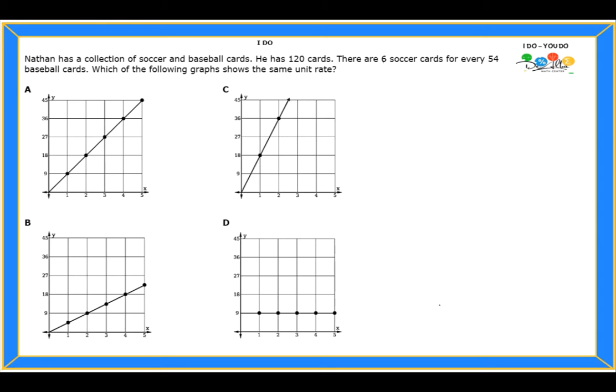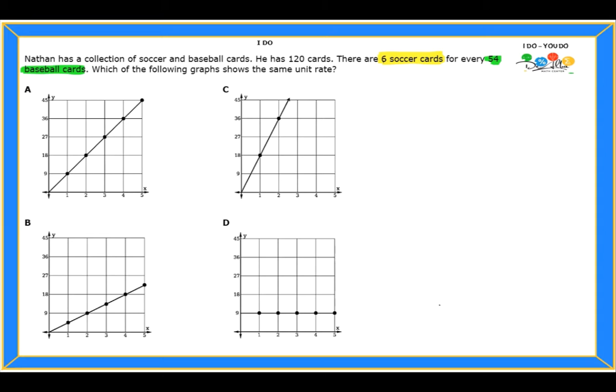Okay, so let's see. We know that Nathan has his collection and he's got 2 types of cards, right? The first one is what? Well, it says that he has 6 that are soccer cards, right? And for every 6 that are soccer cards, he's going to have 54 that are baseball. Now, it doesn't mean that he only has 6 soccer cards, okay? It just means that if, for example, he was to get all the cards that he's got and he